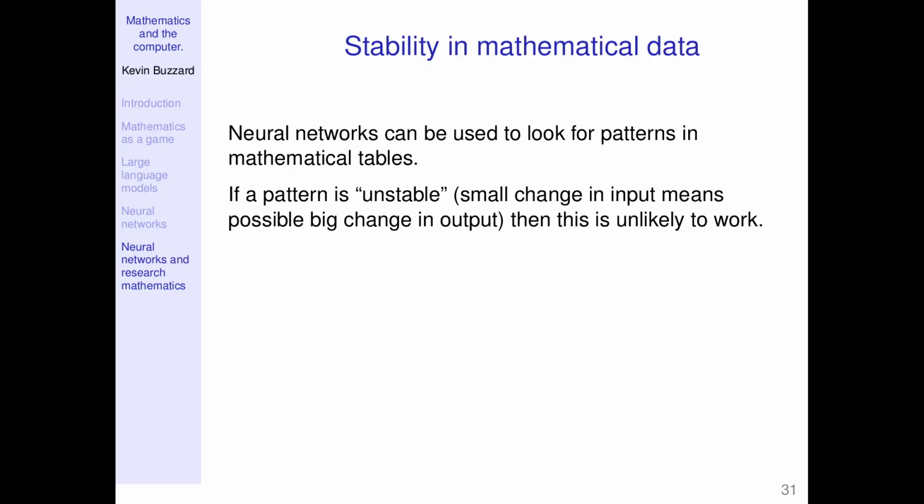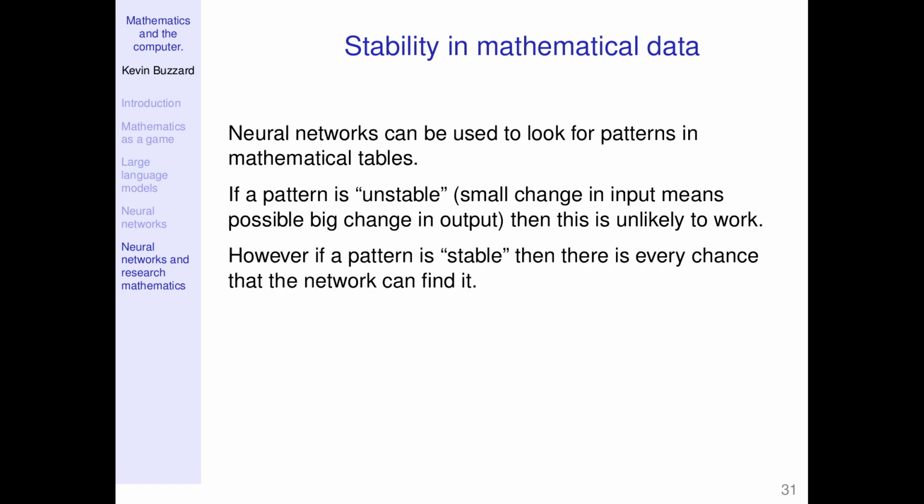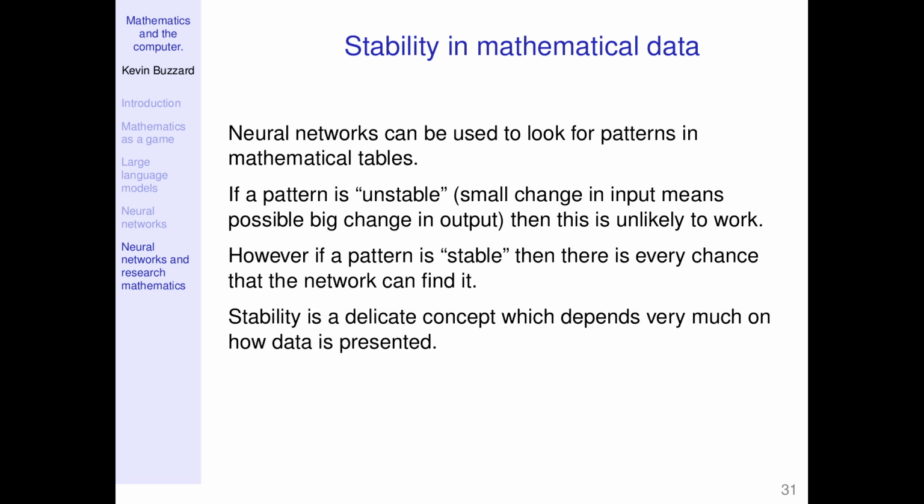And if the pattern you're looking for is unstable, then the neural network is unlikely to find it. But if the pattern is stable, then the network might find it. And so now the question you're interested in is: is it stable in this sense? Okay, so here's something I learned from Yang Hui He, a professor of computer science in Oxford,